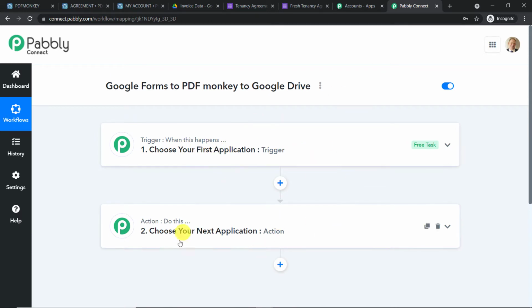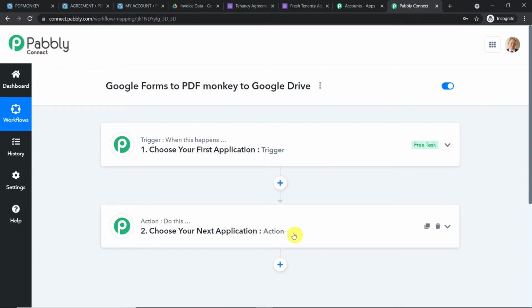What's the deal with the trigger window and the action window? If you're working in Pabbly Connect, there is a thing called automation. The automation in Pabbly Connect works on the concept of triggers and actions. The trigger is an if statement. It asks a question: if this happens, what should be done? For example, if a new form submission is made in Google Forms, that is a trigger.